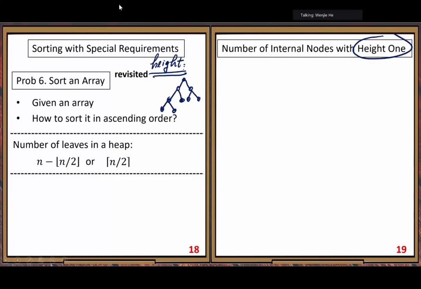Height of one node. How do we need to do the counting? Level counting, number of levels. All right. The definition of height is,